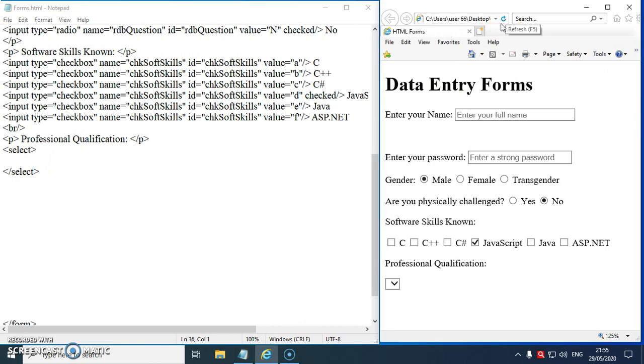Correct? Now, did you observe? As I told, the selection list is displayed here. If I click here, you can see a drop-down box is displayed, right? And as I told, the selection list should display a list of options. If I click here, it should display a list of options. But you can see it is empty. There are no options in it. So, now we'll create the options inside the selection list or inside the drop-down box.